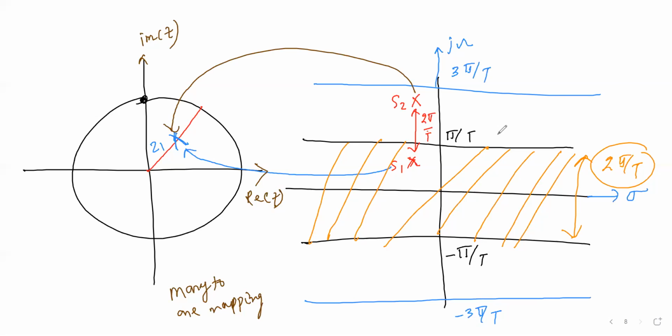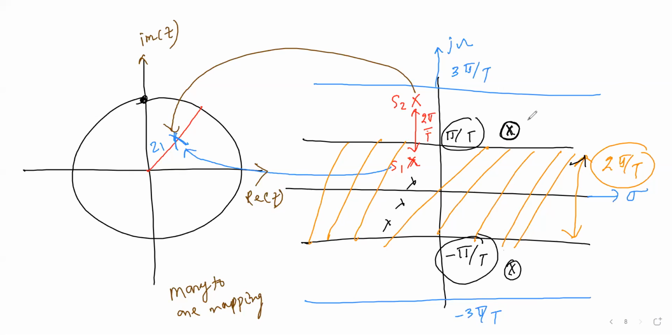It's a very simple concept, because if you take 1000 poles inside this region, no problem, because the gap is less than 2 pi by T. The complete gap between minus pi by T and plus pi by T is 2 pi by T. So even with 1000 poles here, the mapping is one to one. But if you take a pole outside of this range, above pi by T or below minus pi by T, then what will happen?